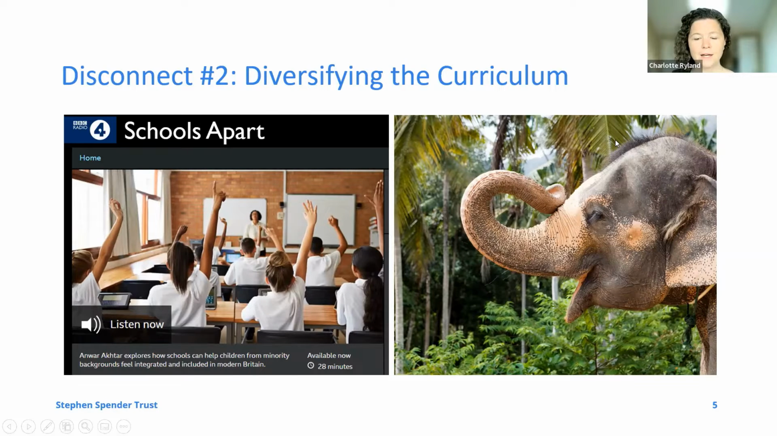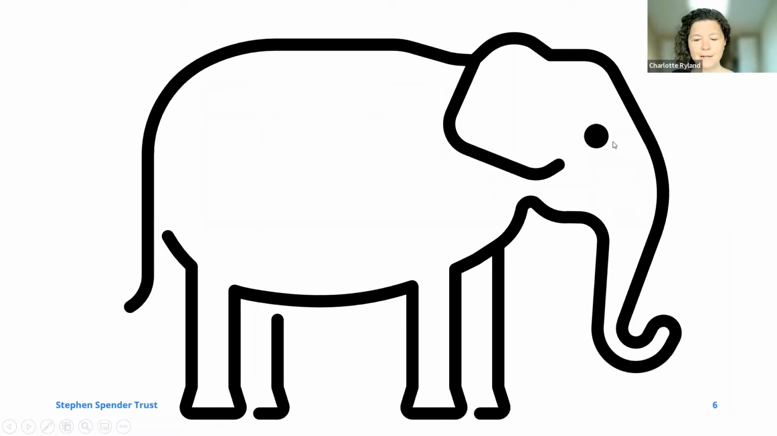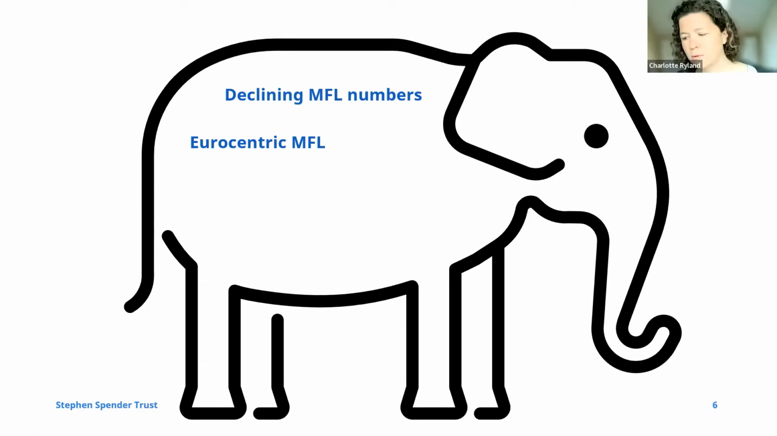And here is our elephant again, with the issues that it is hiding. Firstly, we've got declining numbers of MFL, and a decrease in the perceived value of being a linguist, of knowing another language. We've got a Eurocentric MFL, which is something I haven't mentioned yet, but again, really great work happening in this area at the moment. But thus far,